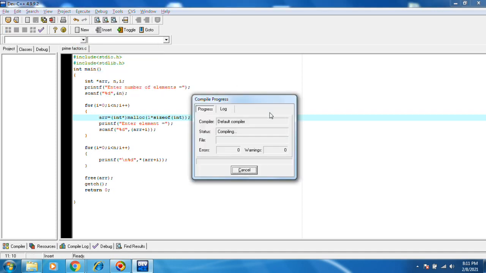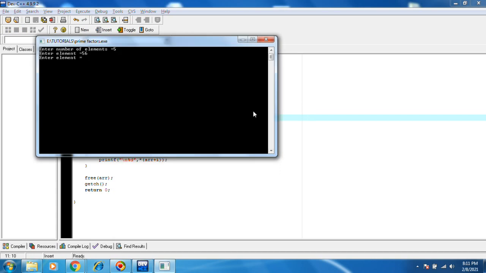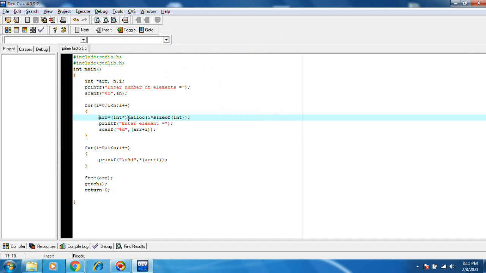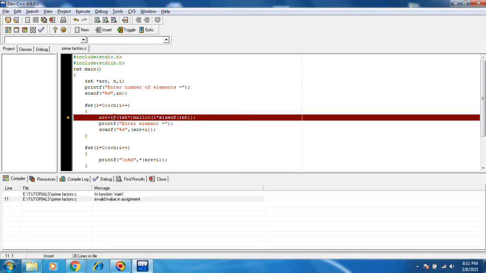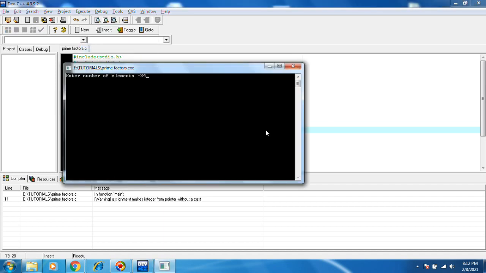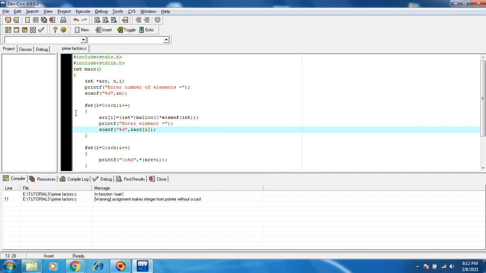Save, execute, compile and run. Okay, we'll tell this one later.